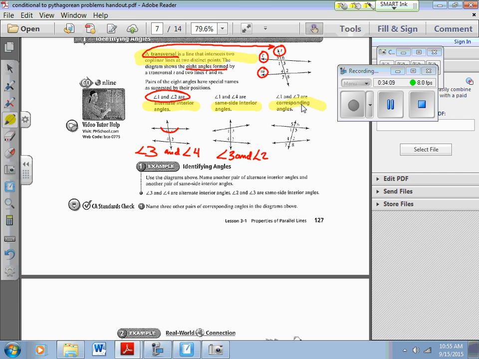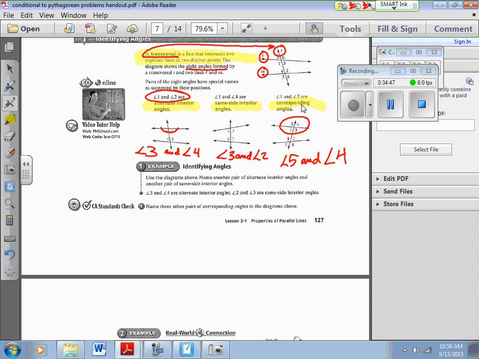And does everybody see those 4 angles that I'm circling? Okay, imagine I cut that out and I translated it and I put it on top of these angles. Do you see that angle 1 would be on top of where angle 7 is? Where would 5 go? On top of 4. So angle 5 and angle 4 are also corresponding